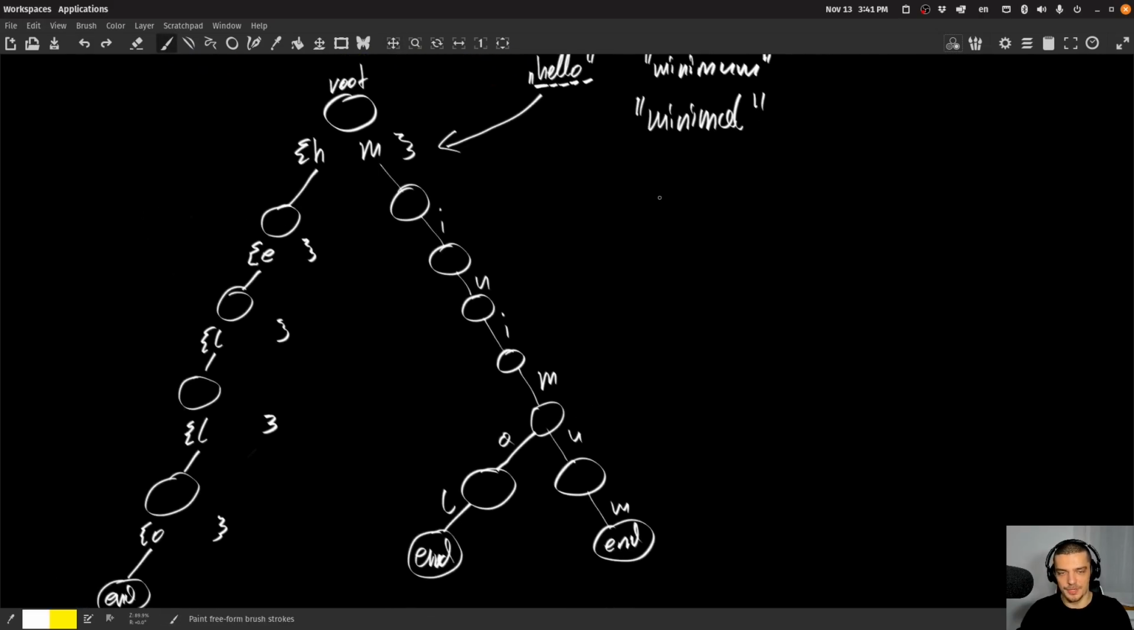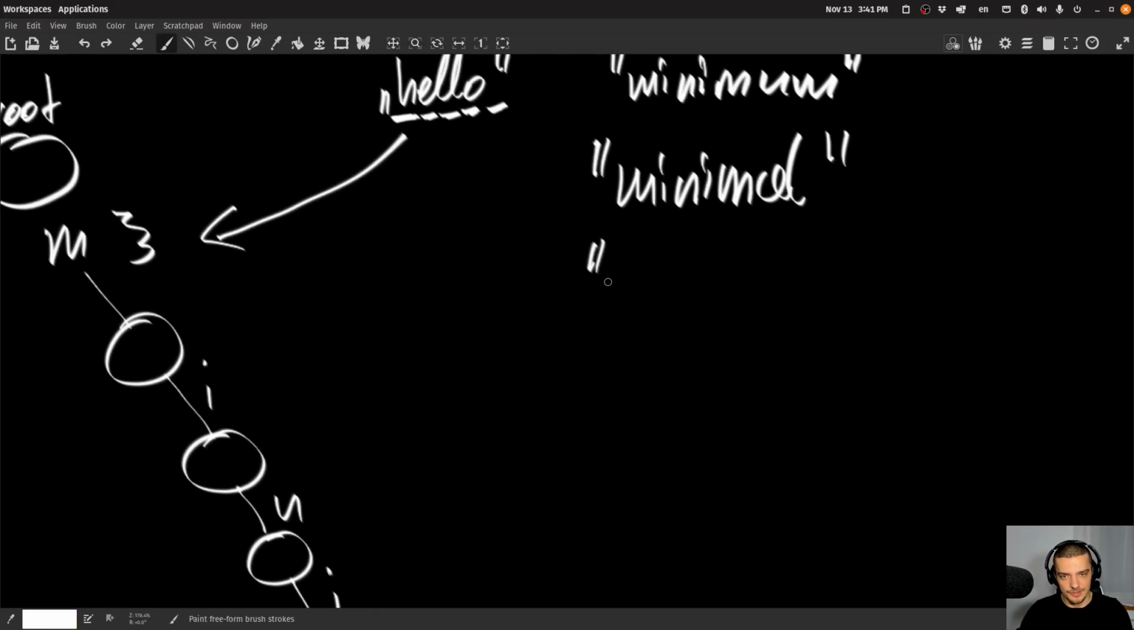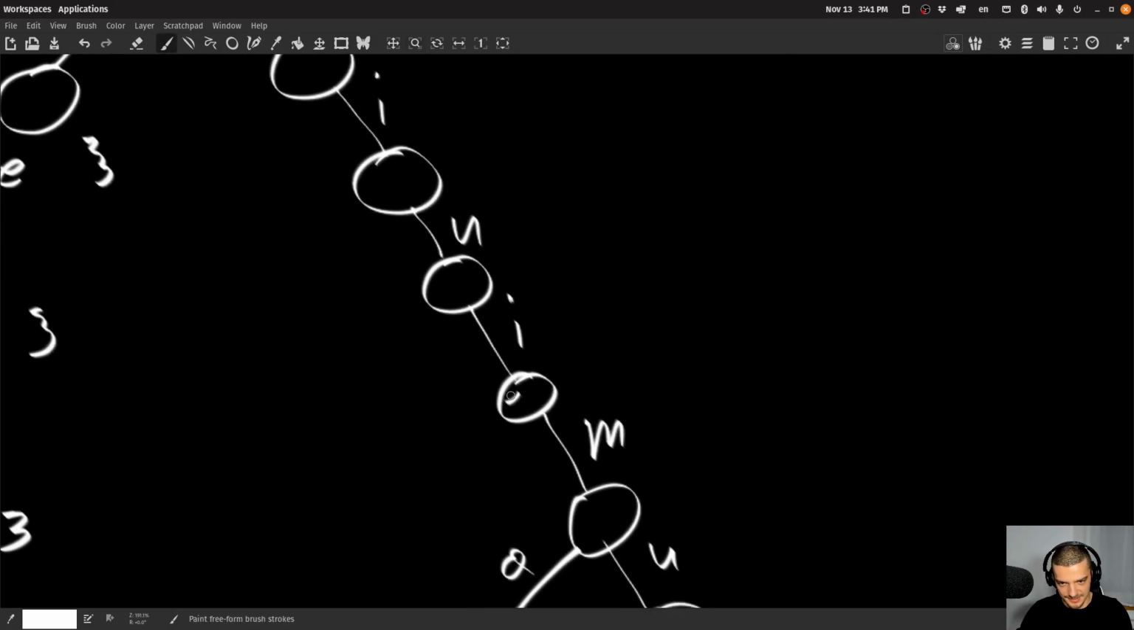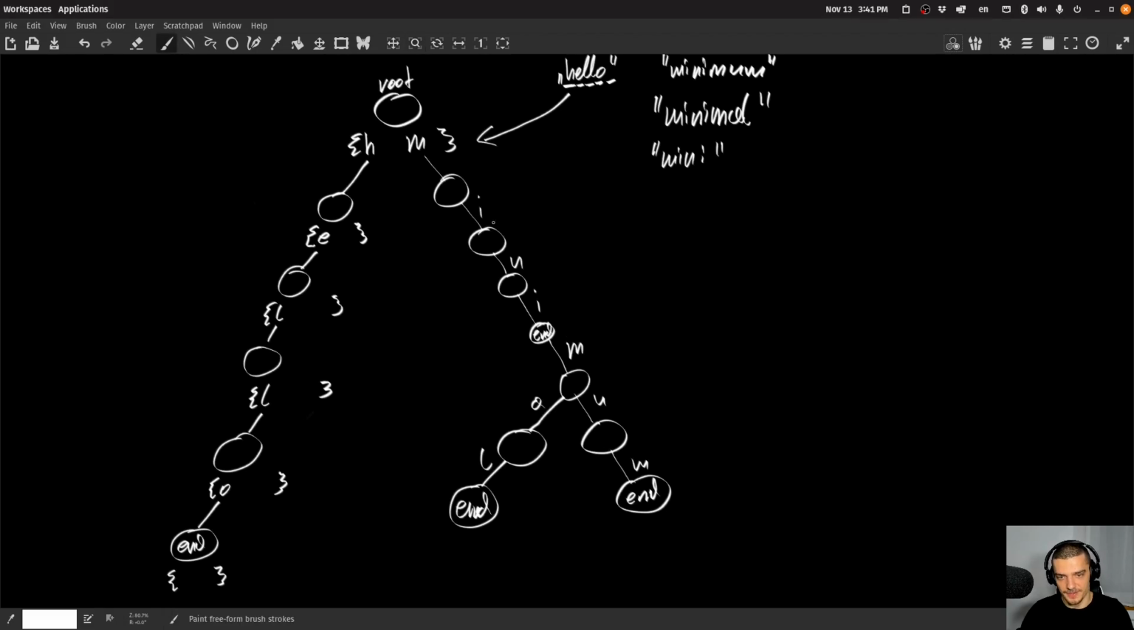Now, another thing that we can do is, let's say I want to insert the word mini. What happens in this case? Well, in this case, all I have to do is go M-I-N-I, and then set this to end. Now, end doesn't prevent my trie from going further, so I can still go to minimal, but it says that this is the end of a word. It doesn't have to be the end of the search, but it is the end of one word, so mini